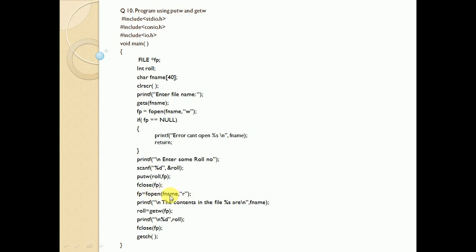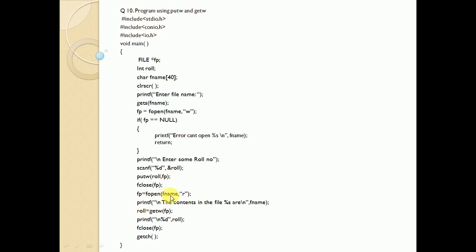As we can see here, fopen takes the file name as the first argument or parameter, and the second argument is the mode. Which mode is this? As I have explained in the class, there are different types of modes: writing mode, reading mode. This is the reading mode.